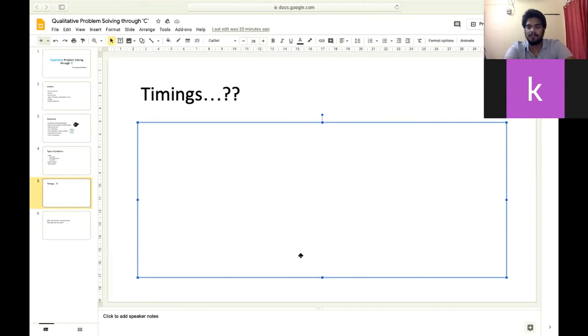And when it comes to doubt clarification, we will be available 24/7, around the clock. You can text Kushal sir, or you can text me, or you can just post your doubt in the group. We'll always be here to help you, and that's our main motto. No need to worry about whether sir will be available at 2 o'clock in the morning, or sleeping at 11 o'clock, or whatever it may be. If you have any doubt, you can post it in the group. As soon as we see it, we will help you.